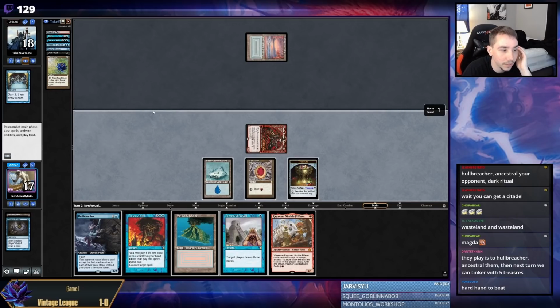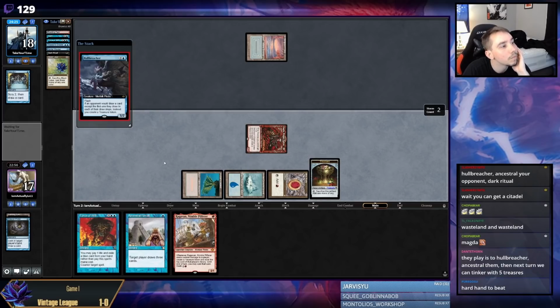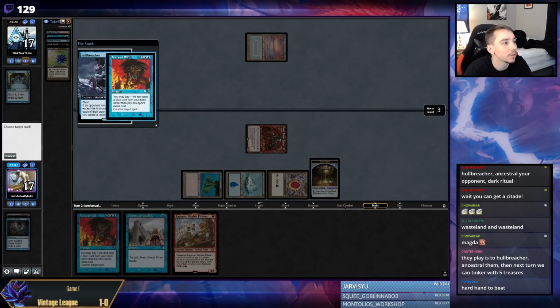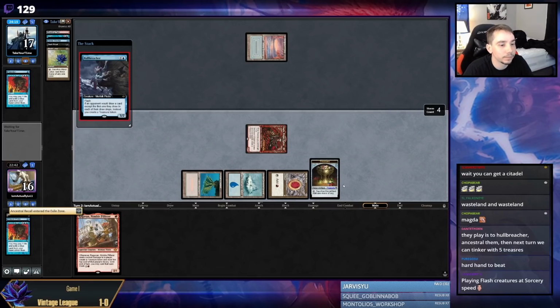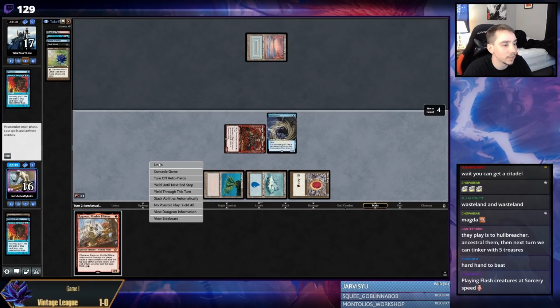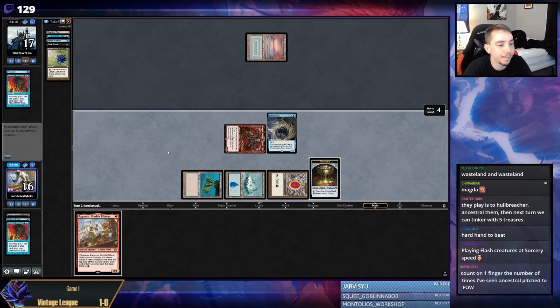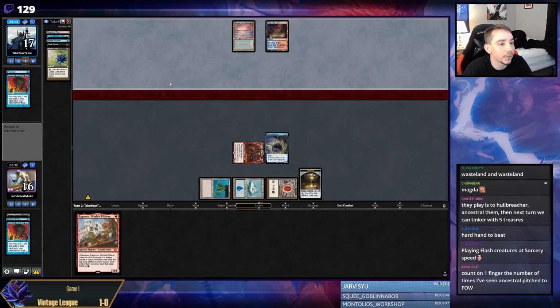I think this hand's pretty beatable. Force pitching Oracle. Yeah, I'm just gonna pitch my Ancestral Recall. And then they have nothing in their hand. This monkey is not going to resolve. I don't think I want to waste a treasure on it. I mean, my opponent has just nothing in their hand anymore, right? So...